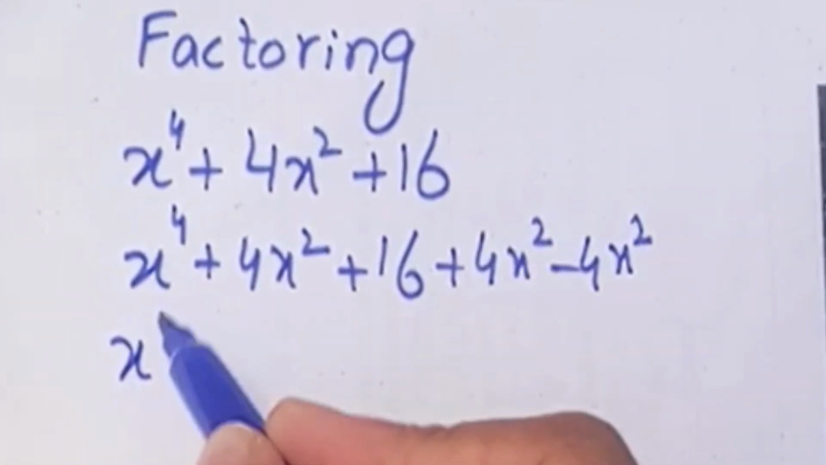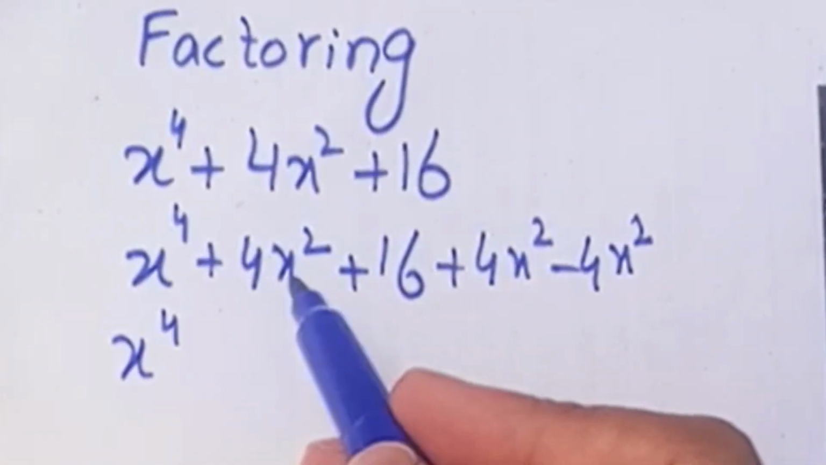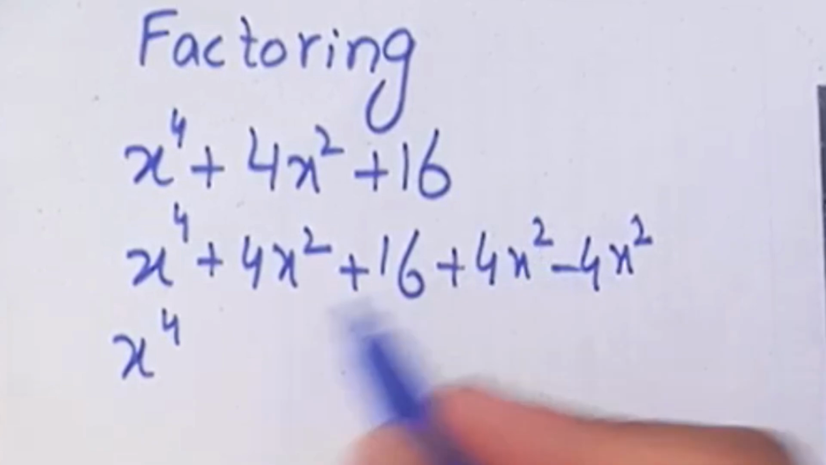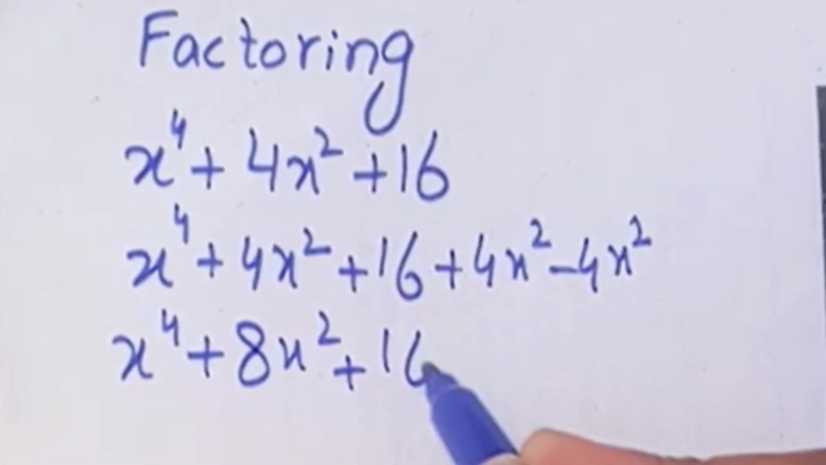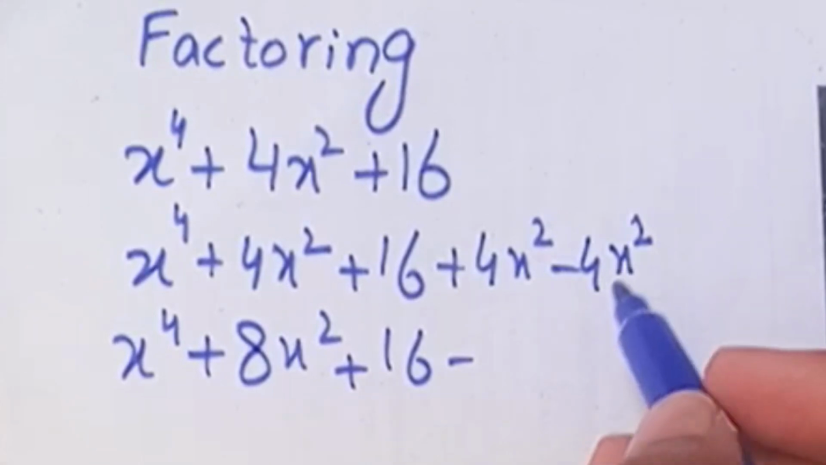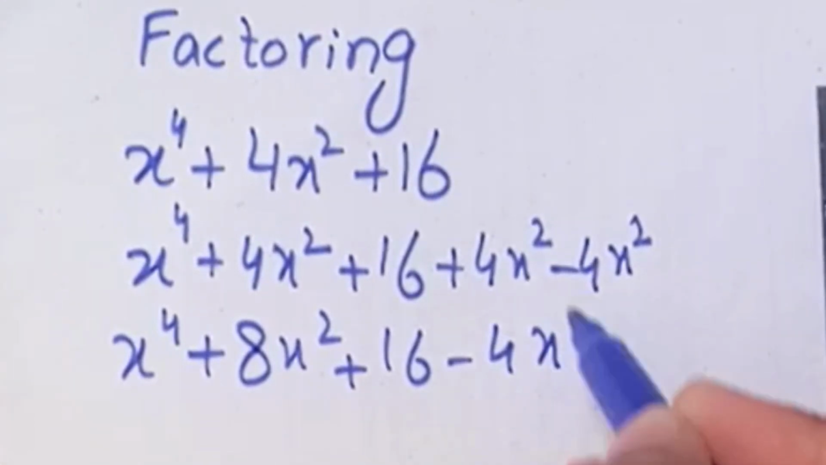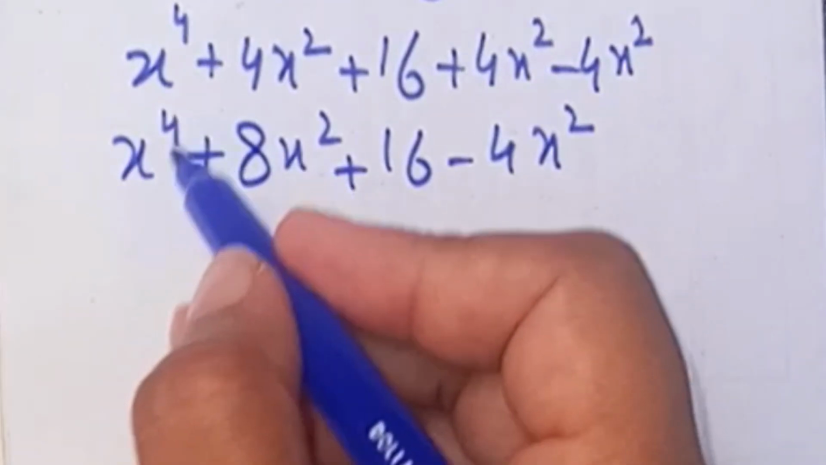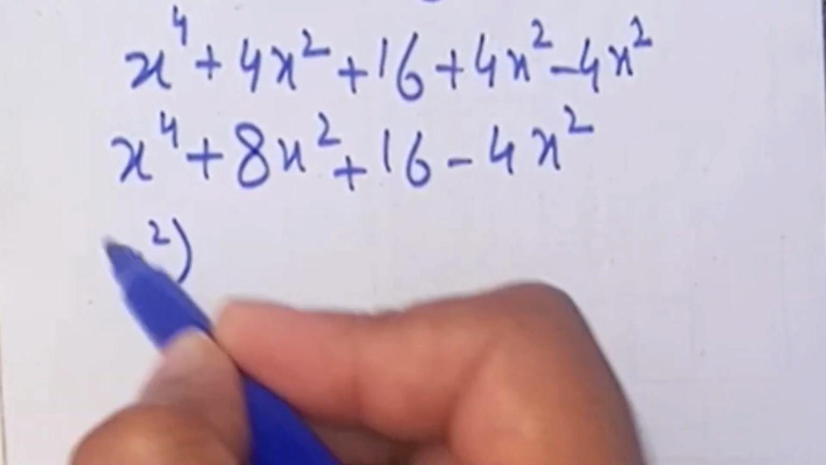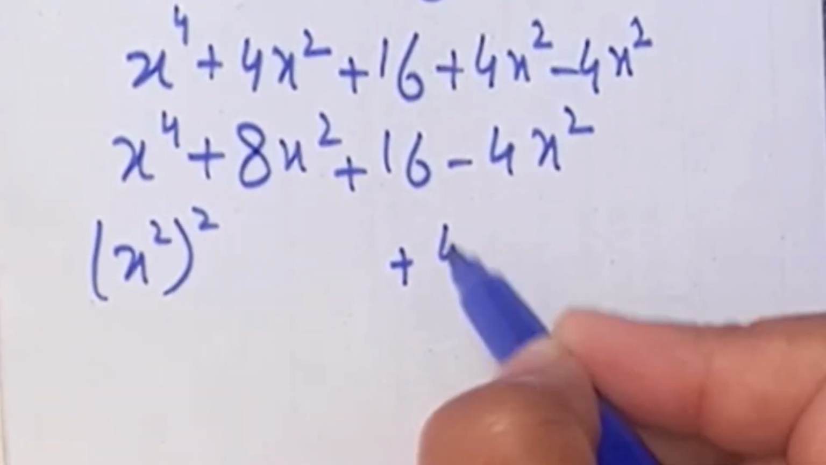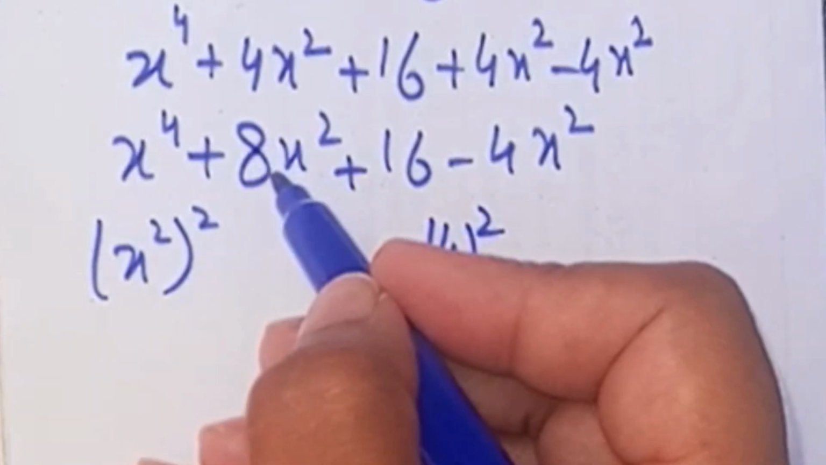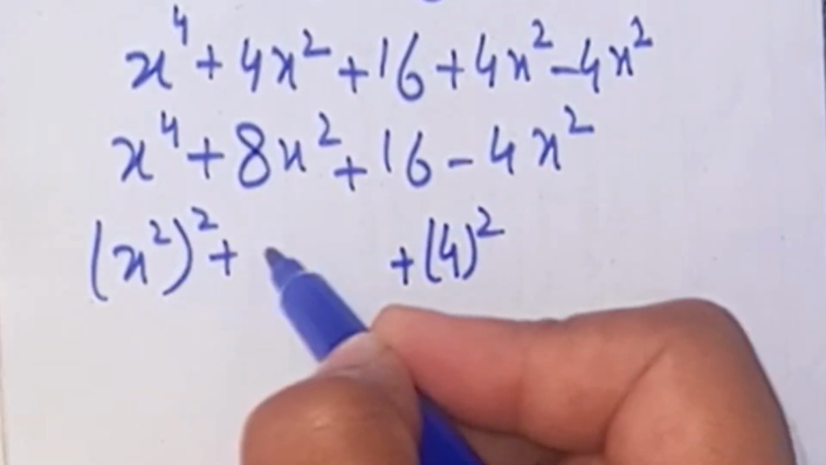So this is x raised to the power 4 plus 4 times x square plus 4 times x square, which will become 8 times x square, and this is plus 16, and the last term is 4 times x square. Now we write x raised to the power 4 as x square whole square. We write this 16 as 4 square and this 8 times x square as